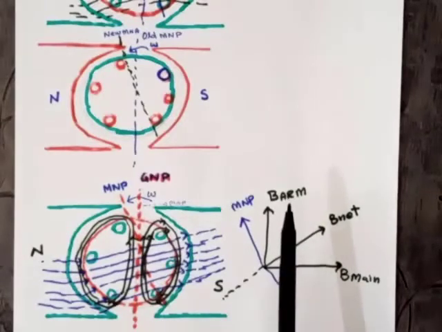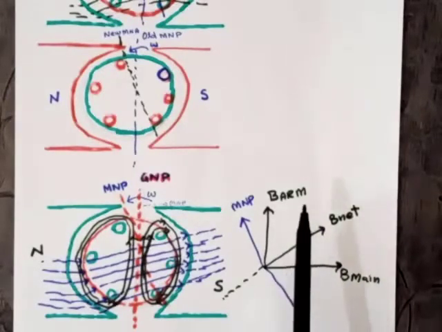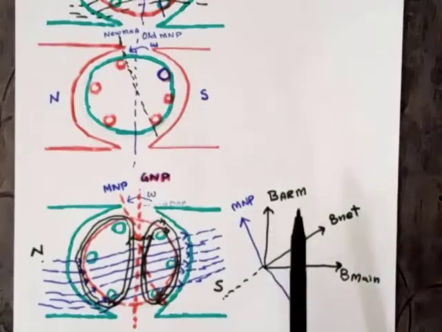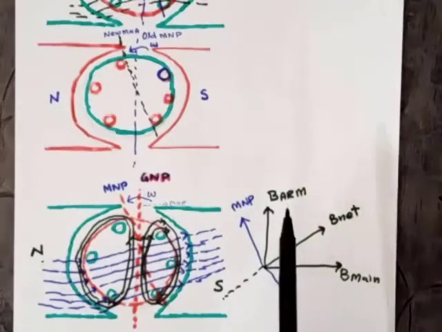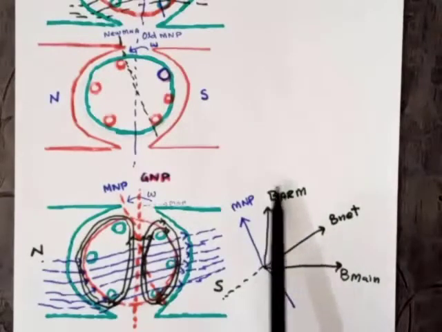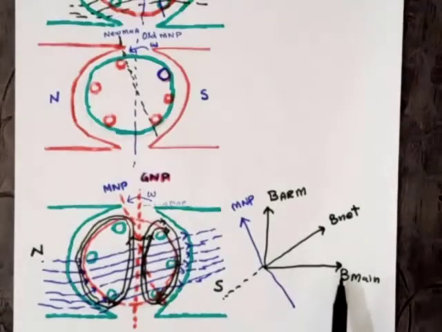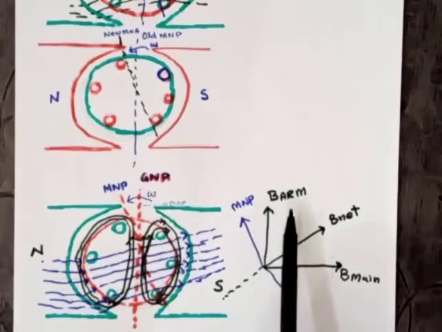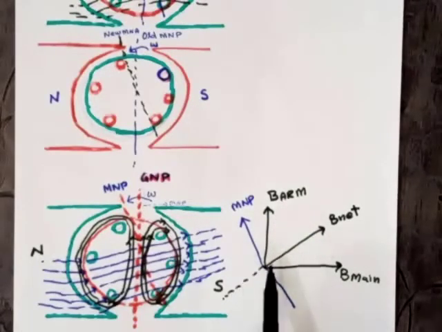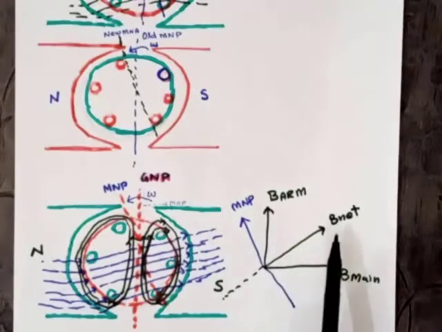When we connect the load, the current will flow in each loop of each coil of the rotor or armature winding. Due to this, according to Ampere's law, a magnetic field will be produced. This is the magnetic field due to the armature winding, and this is the magnetic field due to the field winding. The direction of the magnetic field due to the field winding, also called the main winding, is from left to right, and the direction of the armature field is upward. The resultant is shown here.